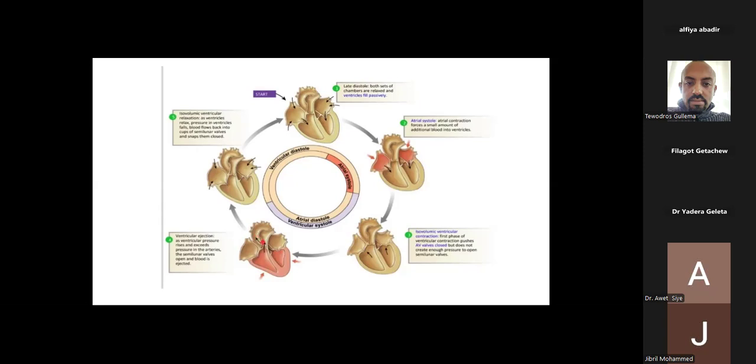And aorta, እንደምታዩት, it is high pressure and more muscular as compared with the pulmonary artery, okay, and the recoiling also is fast in the aorta as compared with the pulmonary artery. So the closure of the aortic valve is earlier as compared with the pulmonic valve, okay. So it is physiologic splitting.